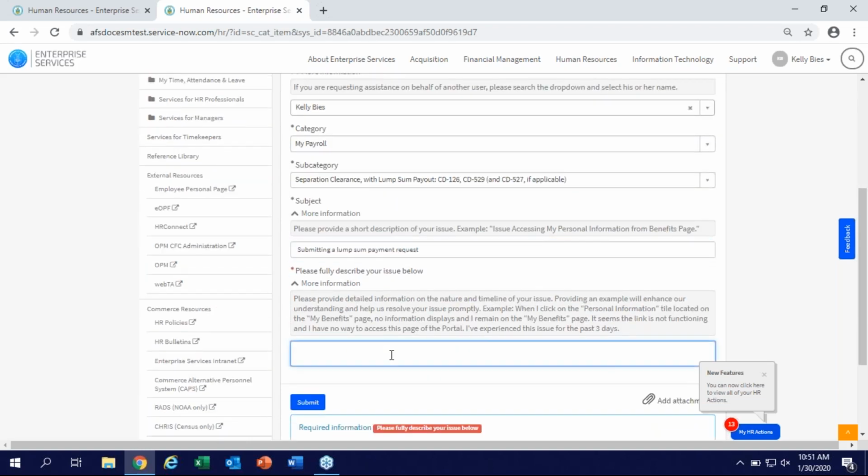Then in the more information, describe any other information you might want to include, such as I'm submitting a lump sum payment request. I'm also going to include the personal email of the person that I'm submitting this on behalf of, just so that can help with any additional communications in the future. You also want to make sure you add the attachments that are required for this action. Again, in this example, the CD-126 and CD-529, they'll click on this, it'll connect to your computer, and you'll attach it. And then you click Submit,